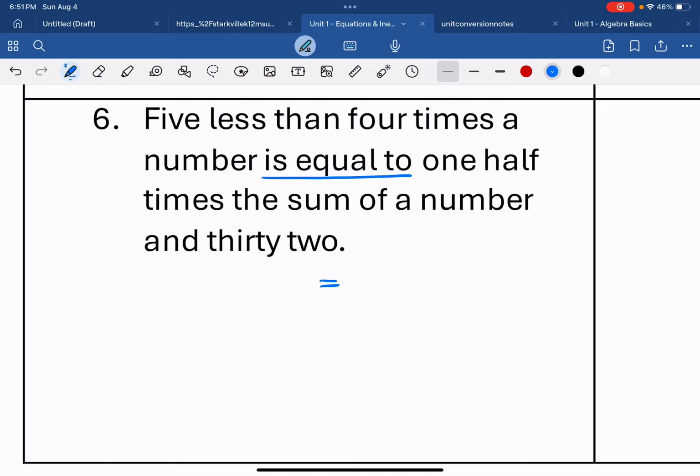All right, so the first half, 5 less than 4 times a number. Less than is one of our turnaround terms. So that means that 5 less than, so my 5 goes after 4 times a number. So that would be 4 times a number. Again, I'm just randomly using x as my variable. And then it's equal to, that's my equal sign,